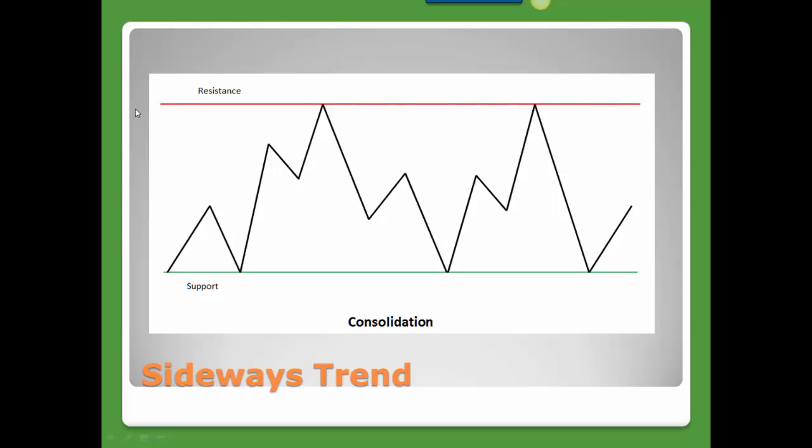This kind of market is called a range-bound market, because the price is trading within the range. It's trading between this low and this high. So this is a range the price is trading in. It's not able to go higher or lower. So the price keeps bouncing back and forth within this range. This type of market is also called consolidating market, and the trend is called sideways trend, because it's not going up and it's not going down. It's just holding steady between these two